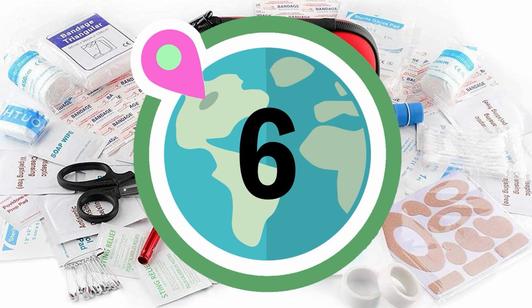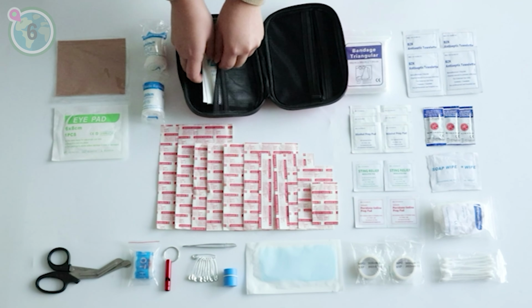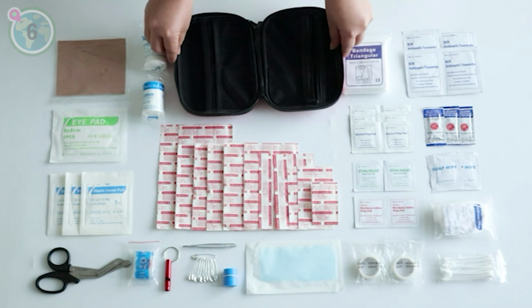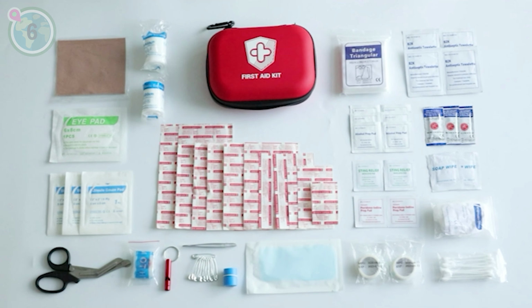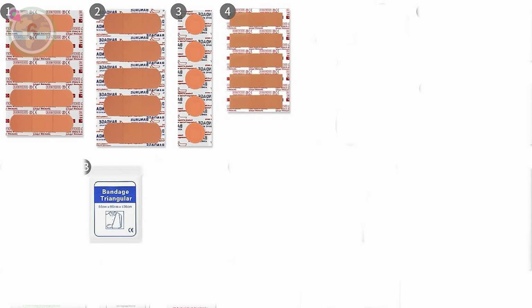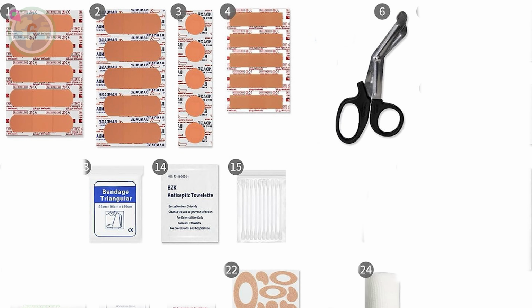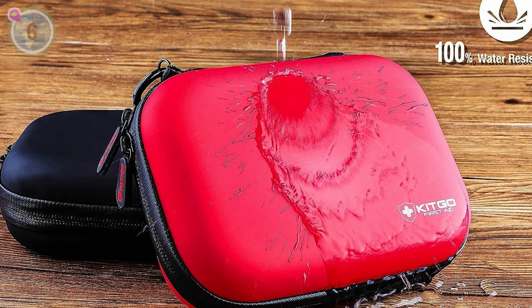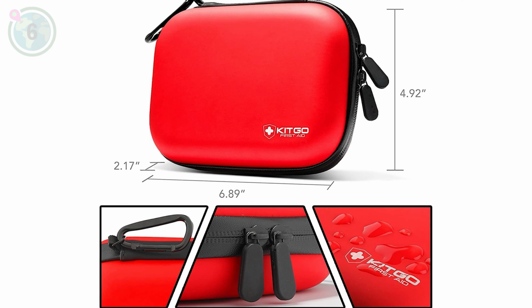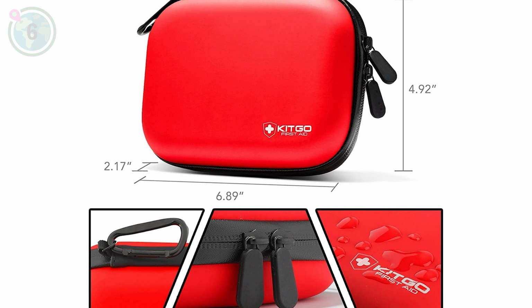At number 6 on our list, we highly recommend the Kitgo Traveller's Mini First Aid Kit. This comprehensive 101-piece kit equips you with all the necessary tools to handle minor emergencies while on the road. With a variety of band-aids, bandages, swabs, antiseptic wipes, gauze, patches, scissors, tweezers and more, this compact and waterproof kit weighs just 10 ounces or 280 grams. It takes up minimal space in your rucksack or glove box and even includes a carabiner for easy attachment to